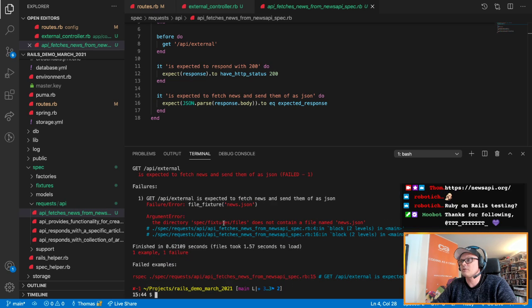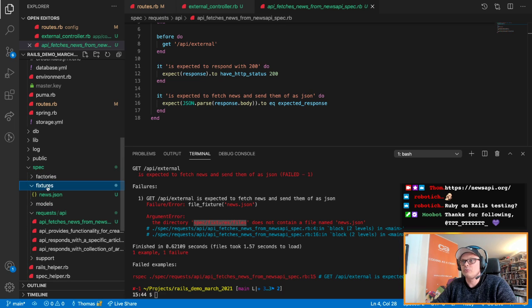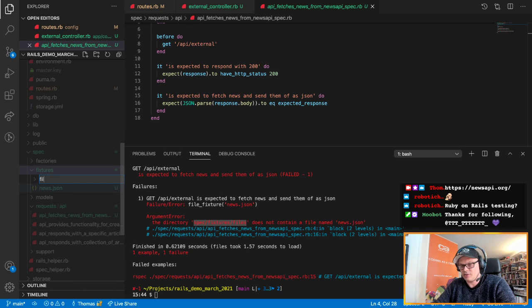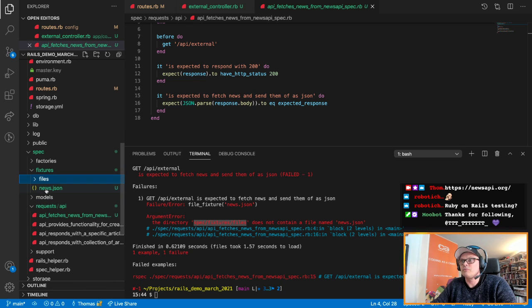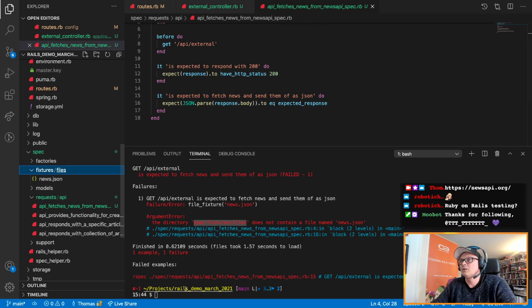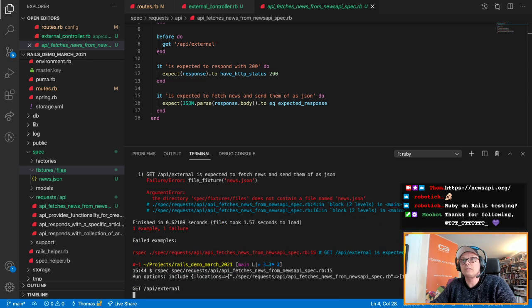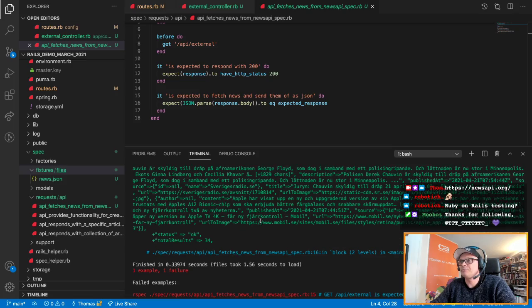Does not contain file. Okay, so it needs to be files. Okay. So we need to create a subfolder. We have to call it files, and we need to move the news JSON in here and run this. Again, I haven't used fixtures in a while, you know. Right, and it failed